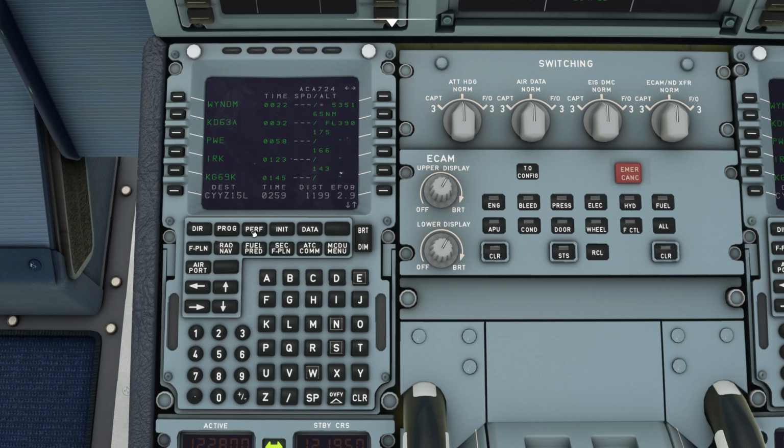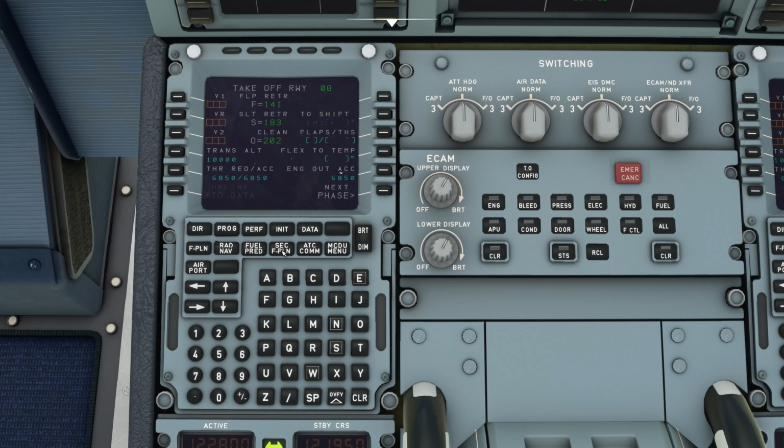So, one last thing, and that is perf. This is our performance page. The takeoff performance, there's also climb, cruise, destination, and then approach, and other stuff. For now, I've never really used the climb, cruise, and descend one. The default inputs are usually good enough for me. So, first,